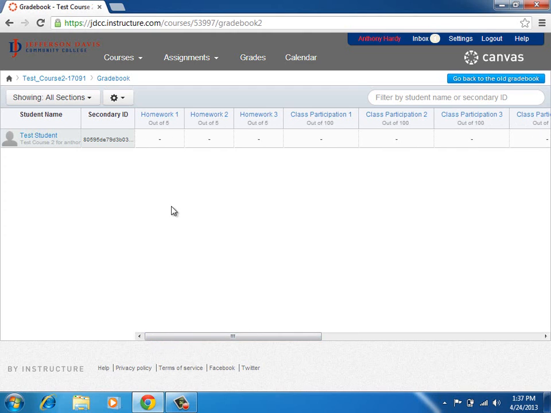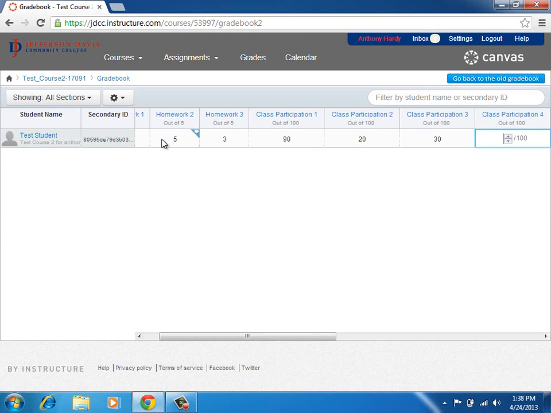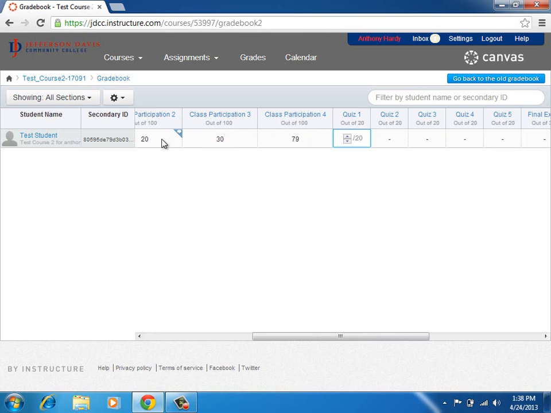I'm going to go all the way back to the left, and let's just put some sample grades in. So I can just click and type a grade. So I'm going to type in out of 5. I'm going to give them 4. I'm going to tab, or I can right arrow key to go back and forth. Tab or arrows will work either way. Yes, and I'm going to give it another 5, arrow, 3, and class participation, a 90, and a 20, and a 30. Had a couple of bad days, and a 79, and a quiz, 10, and a 0, and a blank, and a 15,